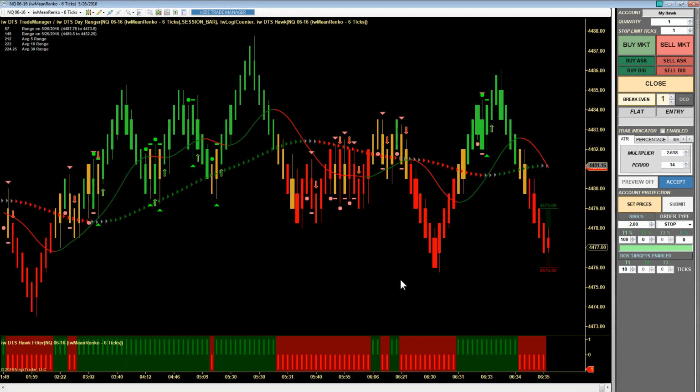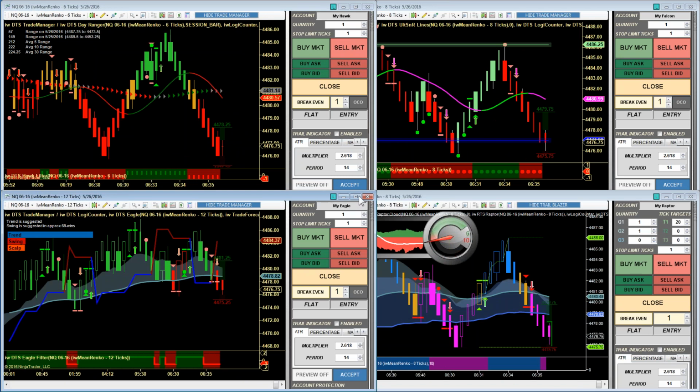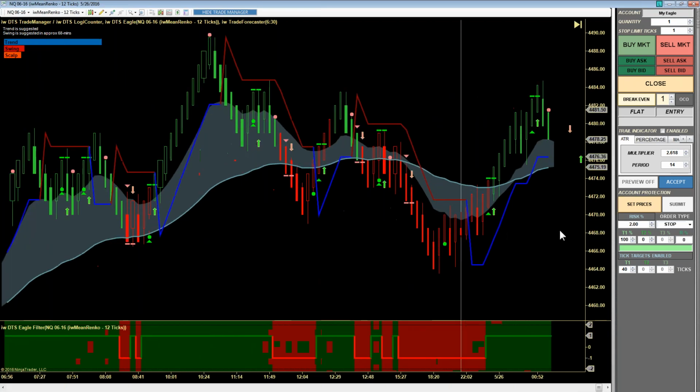Andrew says, so the Eagle signals are really too late. I'm not entirely sure what you mean by too late. Remember, the Eagle is designed to pick up trending signals. That's not to say that these signals won't reach their targets. So let's say, for instance, we took this trade. You always need to take the context of the chart into consideration. And a trade is not a loser until your stop loss gets hit, right? So